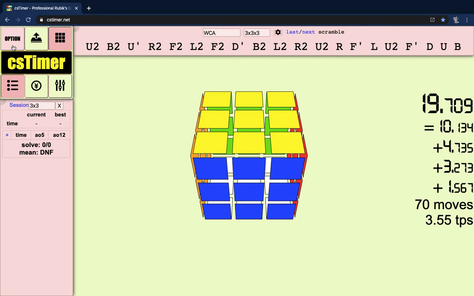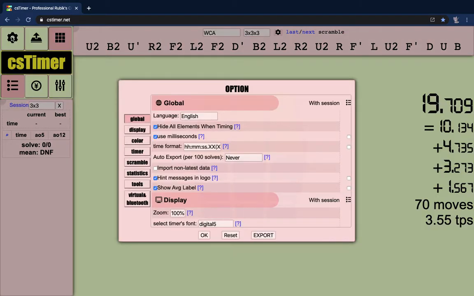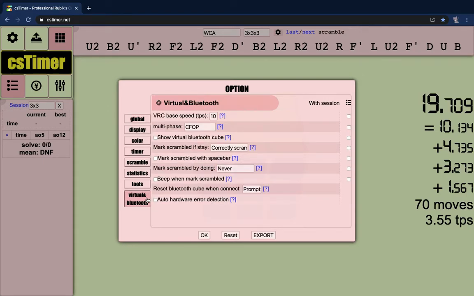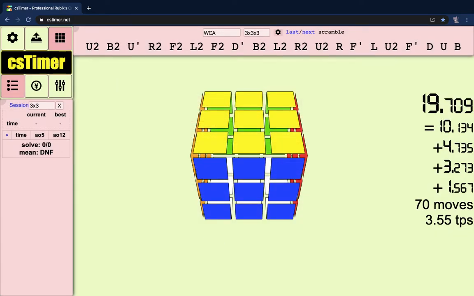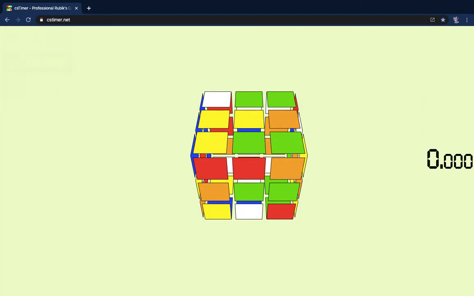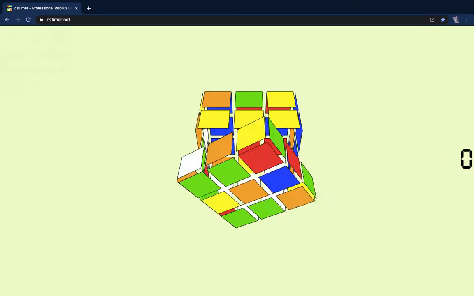So if we click the option button and we go down to virtual and Bluetooth, then it says VRC base speed TPS is 10. You might be wondering what that is. So let's hit OK real quick. You guys don't have to, but I'm just going to do it for demonstration's sake. If I start solving this,